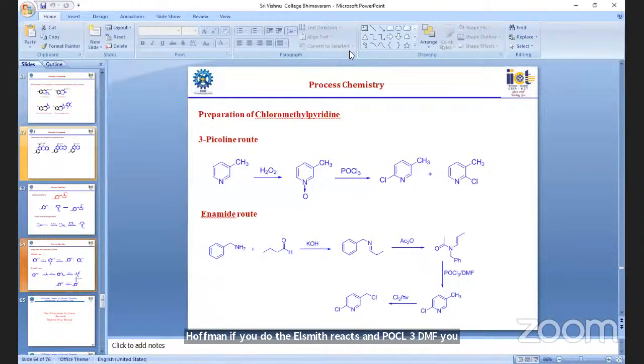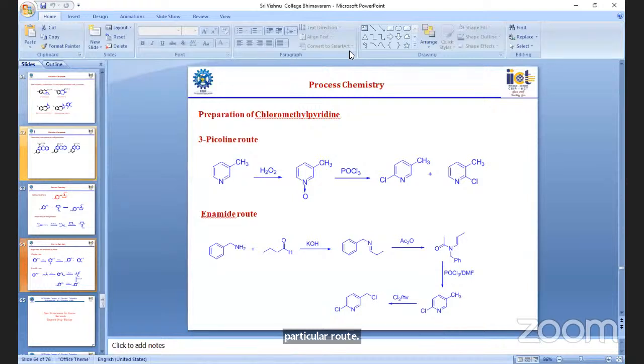With this chloro compound, CH3 to CH2Cl photochlorination, you can selectively convert CH3 into CH2Cl. That means you can make a selective route from the benzylamine. You can avoid the other isomer by using this particular route. That way you can make the process. That means process means